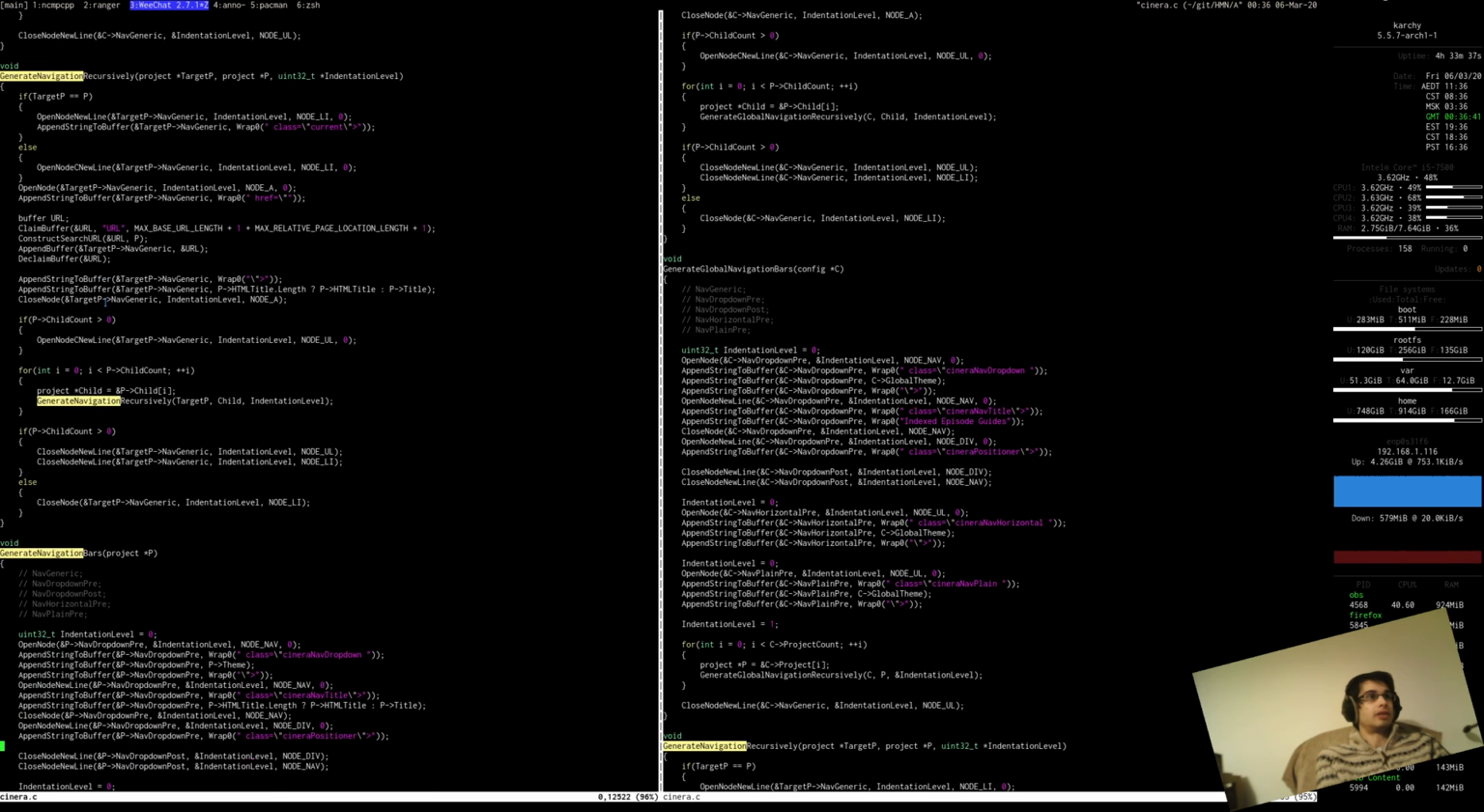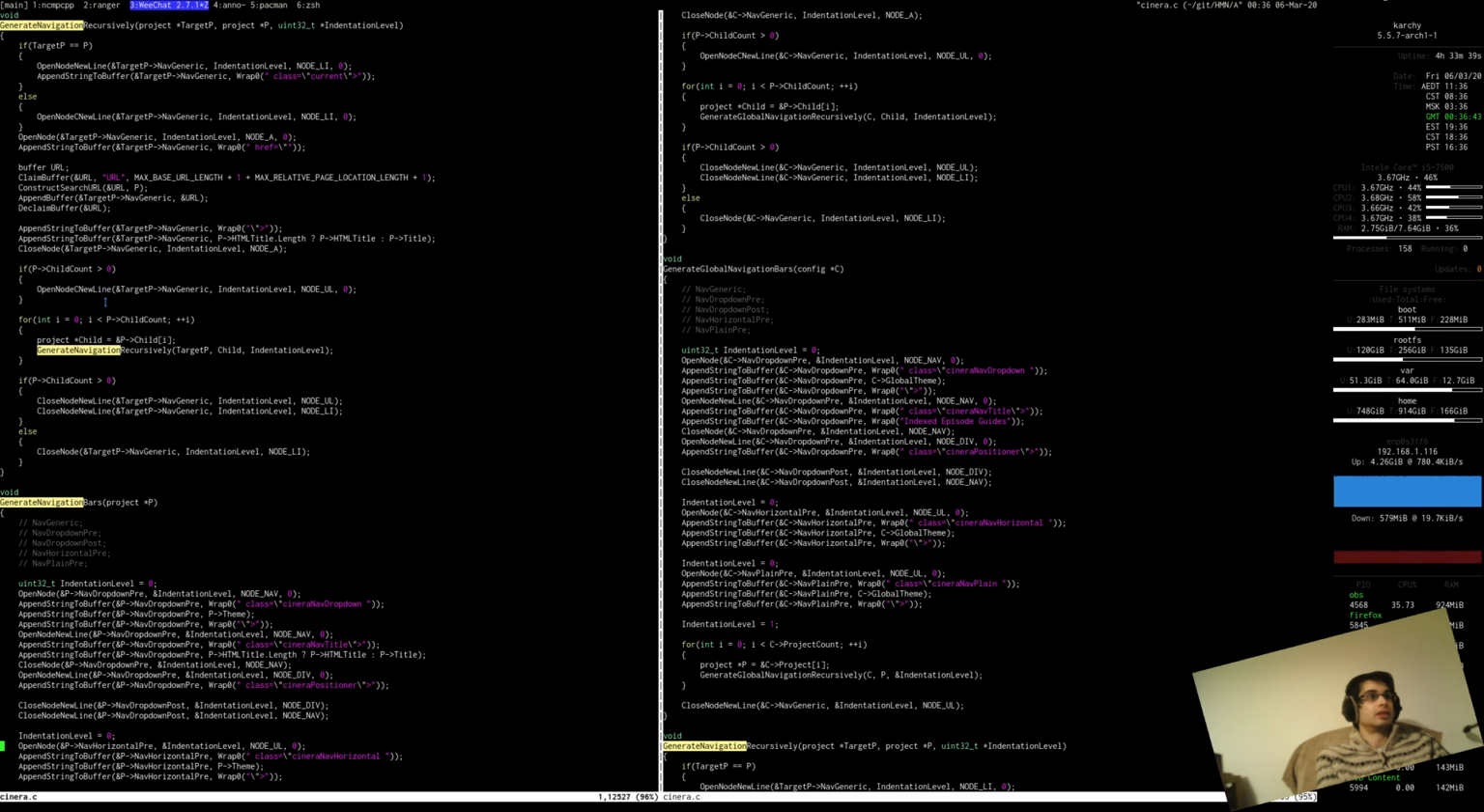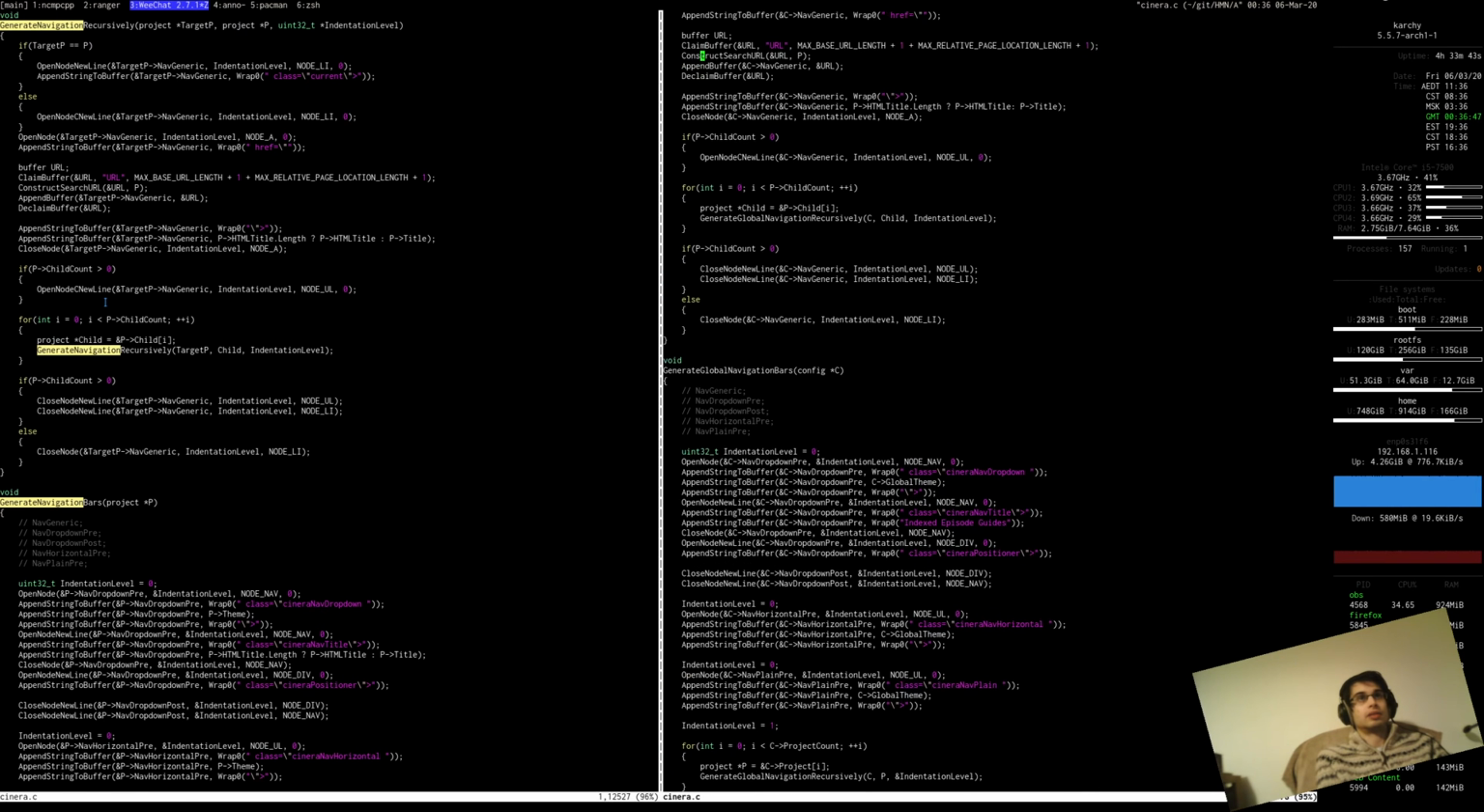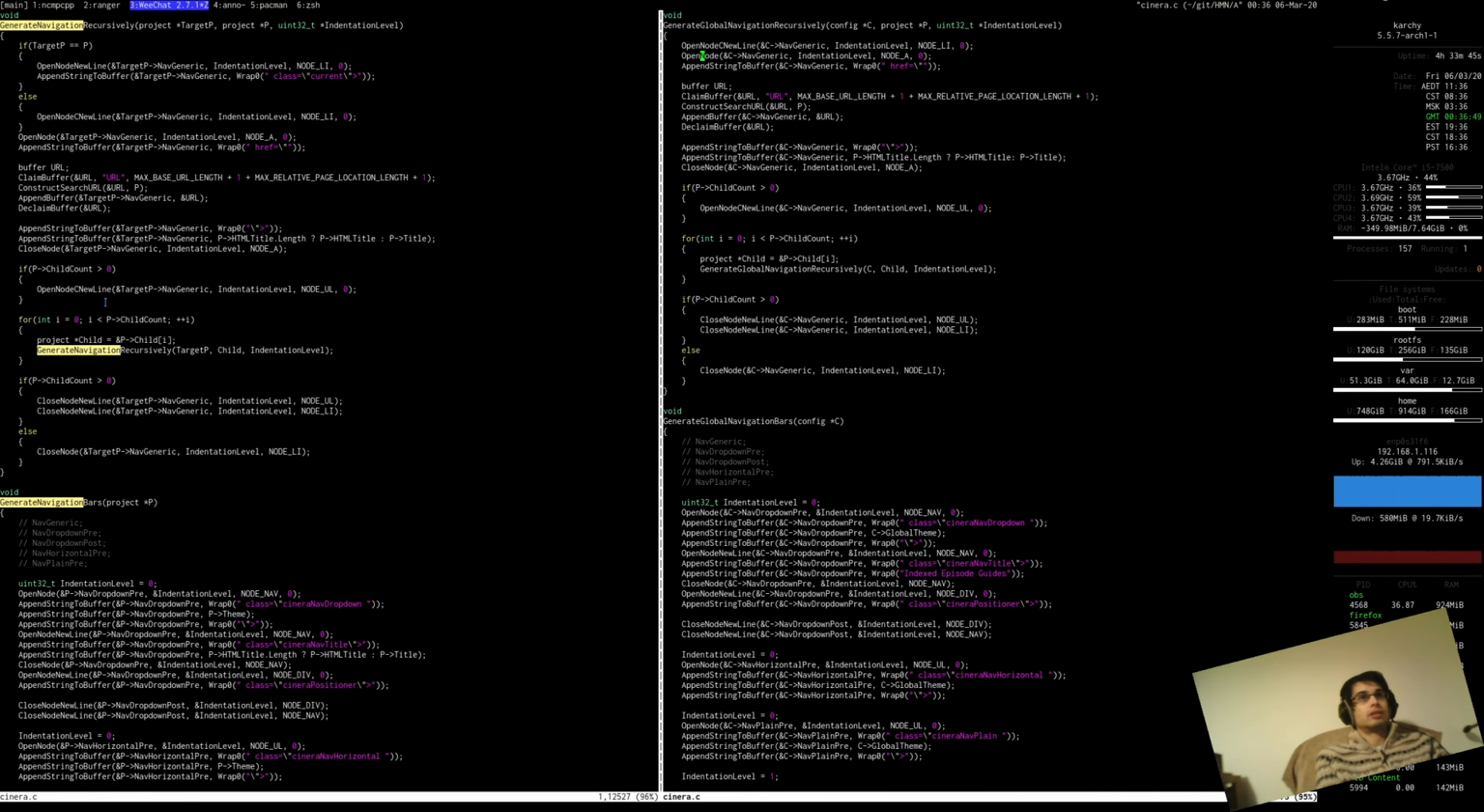Right, if we look at the generate navigation recursively and the generate global navigation bars recursively, it's very similar. Oh yeah, the current thing, we don't have that. So there is a bit of difference. But there's lots of similarity. Target P and config C, yeah. We just straight up can't compress them. So